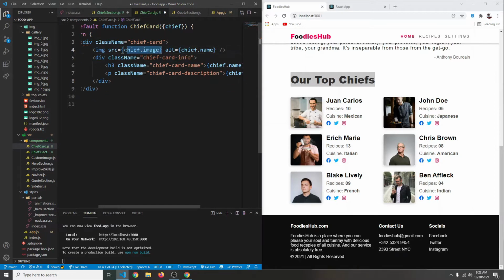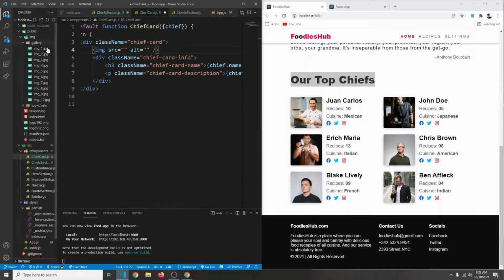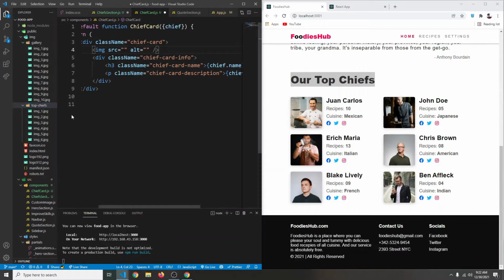Here we are going to have some images, and for the alt tag we can have just an empty string like so, and let's use a random image here. So in our public folder, inside the top shapes folder, again we have some images. Let's use them, and once again I'll leave the link to these images in the video description so you can get them from there. Okay, so since our images are in public folder, we can say /img, and then we have this top shapes folder, so top-shapes, and then let's just choose img_1